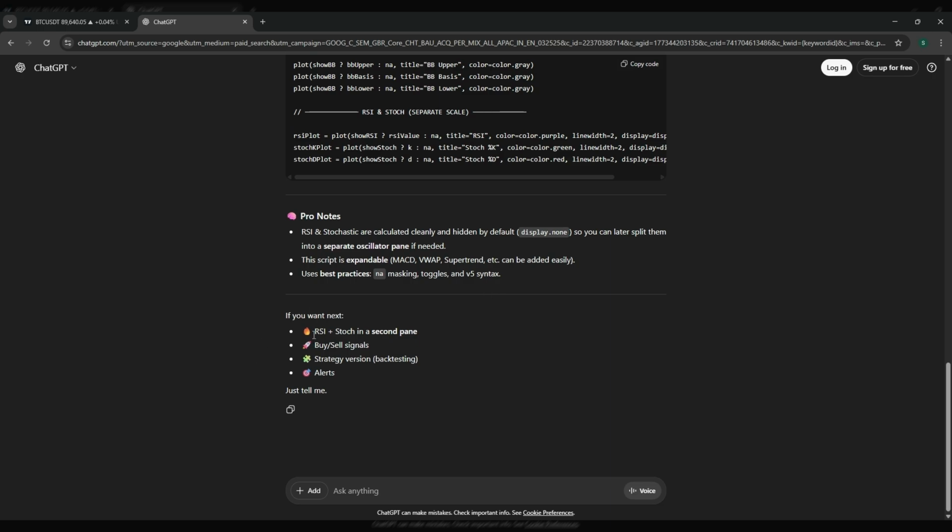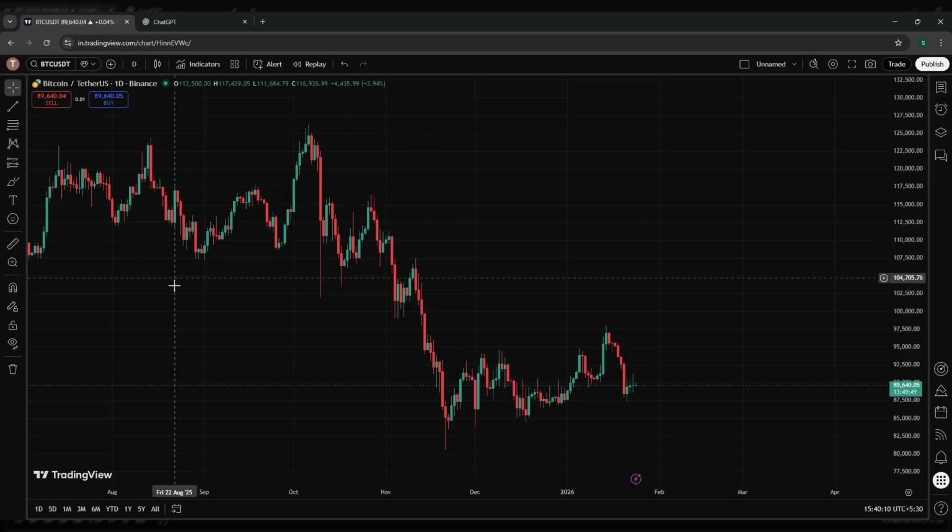Okay, it's saying if you want, I can create RSI and stochastic in a second pane. That is what we want because RSI and stochastic are displayed at the bottom basically. So let's see right now with this code how it is going to work. Then we can decide. So I have copied the code, and there is a